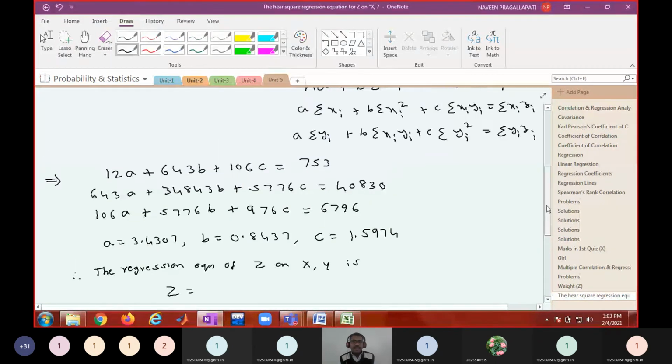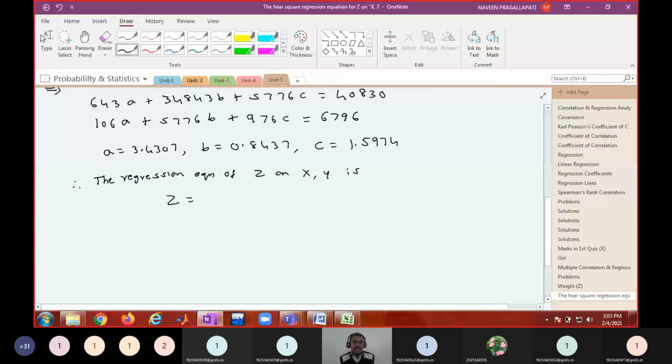a plus bx plus cy. What is a? 3.4307 plus b x, 0.8437x plus 1.5974y. Okay, so that is how we'll be computing this